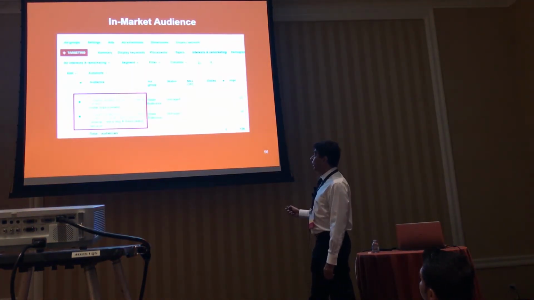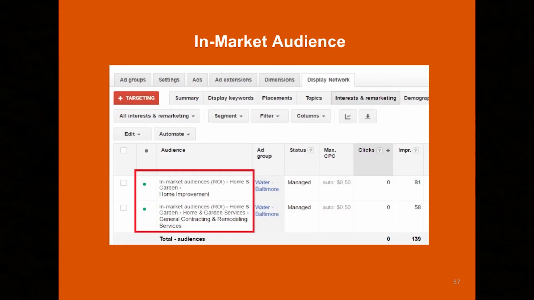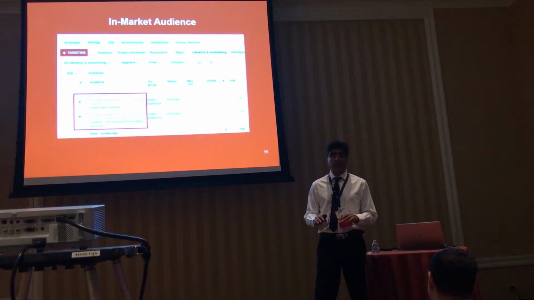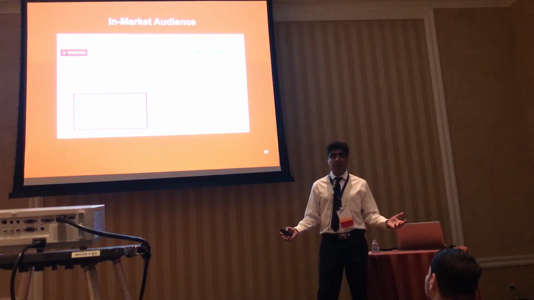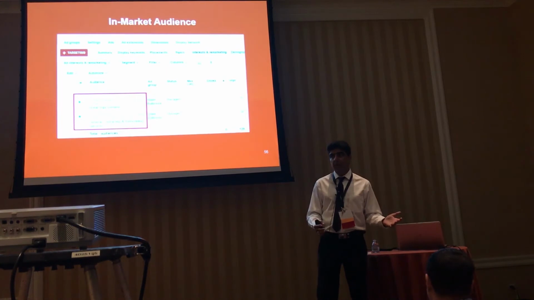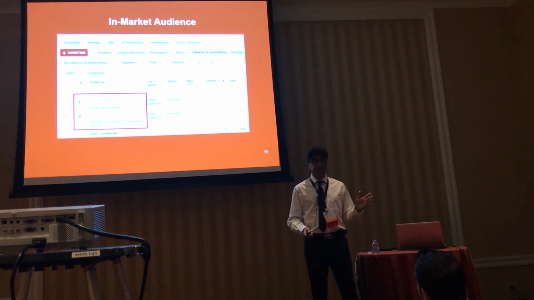It gets more technical or advanced in market audience. So Google has a way now where you can reach out to people that are in market, which means if they go to Google and type in water restoration or mold remediation or rug cleaning, we don't know who they are. There might be 10, 15, 20,000 people a day in your area if you are in maybe Chicago, or less if you are in a less sparsely populated area, right? We don't know who they are, but Google knows who they are.